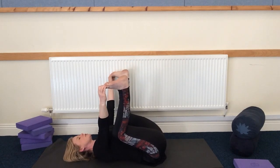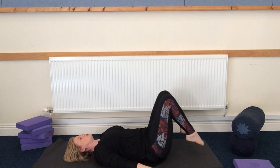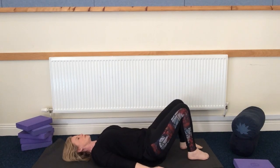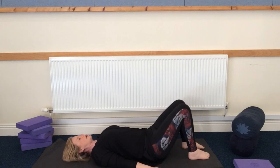Taking your awareness back to your breath. And feel the lengthening of your spine. Bring both of your feet back together, return them to the floor. Take 3 nice deep breaths, breathing all the way in and all the way out. Breathing in deeply,